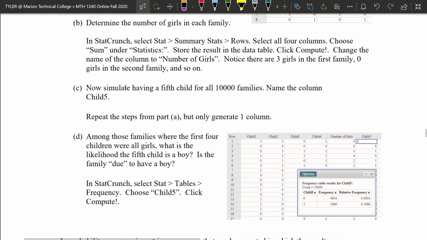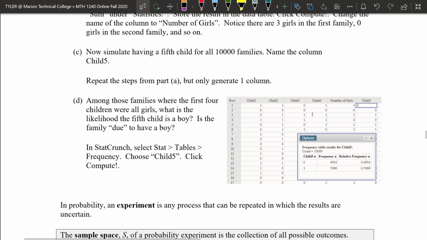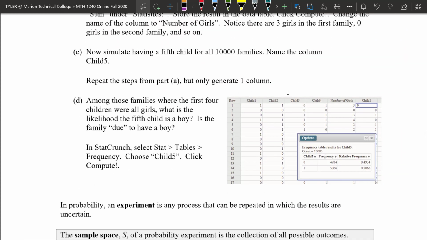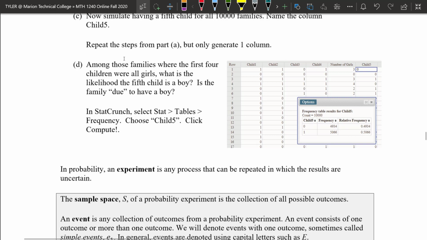Now what's going to happen is we can simulate having a 5th child for all 10,000 families, and we're going to name that 5th column child 5, right? So we repeat the steps up here in part A, and we add this column in here, and this column tells me the number of girls. So then